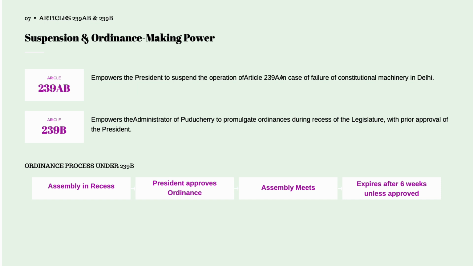Article 239AA, I'll show you, it's in the next slide. We'll study that in the next slide. It empowers the President to suspend the operation of Article 239AA. Article 239AA is related to the functioning of Delhi. So in case of failure of constitutional machinery in Delhi, it will suspend the operation of Article 239AA, okay, which was inserted